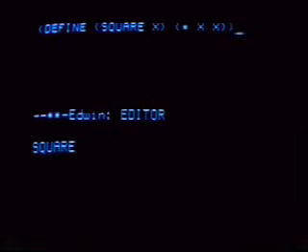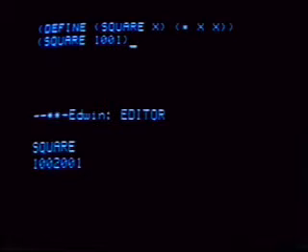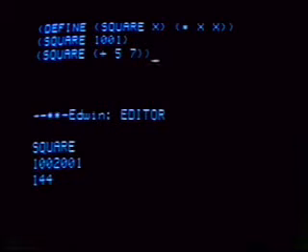It says square, so I've named something square. And now having done that, I can ask Lisp for what's the square of 1001. Or in general, I could say what's the square of the sum of 5 and 7. Square of 12 is 144.